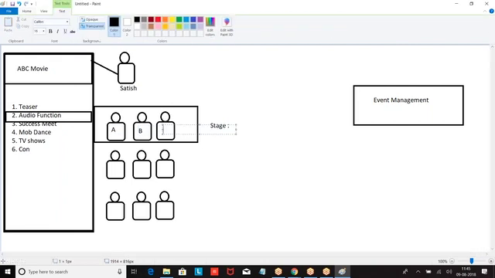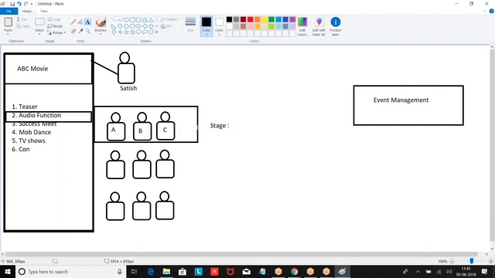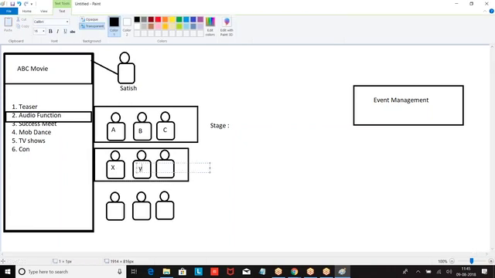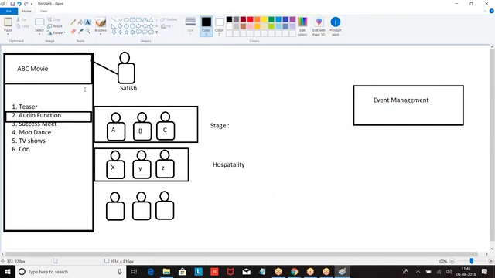I formed a team and told, boss ABC, you are responsible for maintaining the stage decoration or anything on the stage. Boss, you people are responsible for hospitality. Now I told, boss, you people are responsible for media coverage.